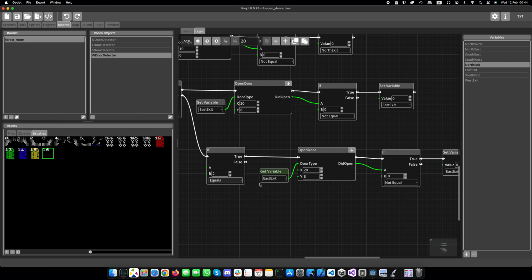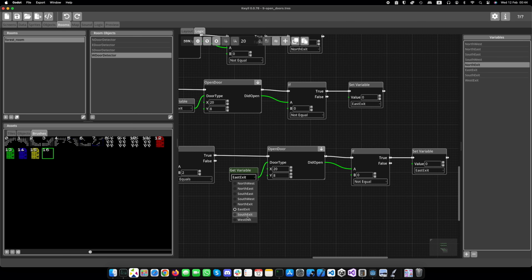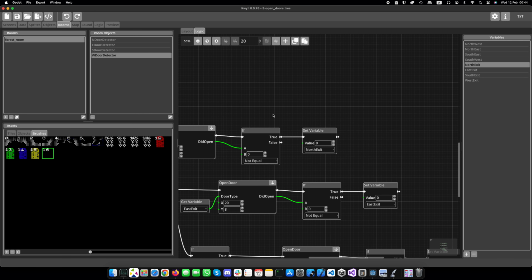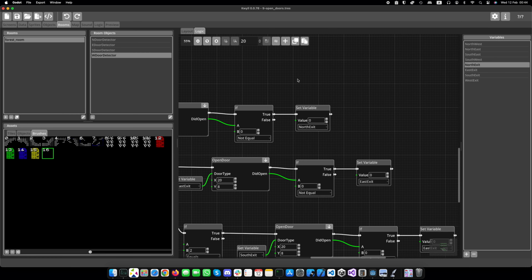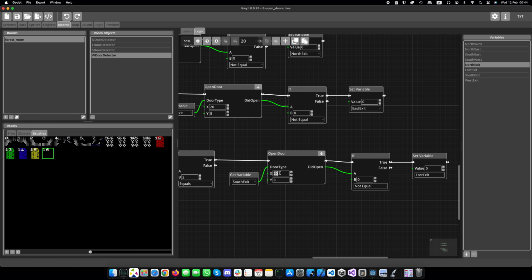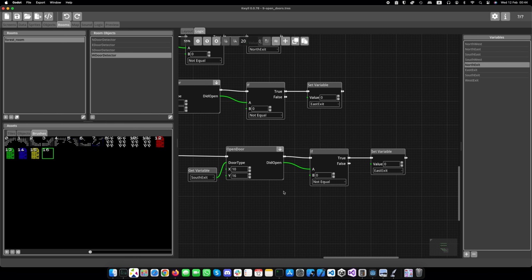So if it's type 2, which is south, then we want the south exit variable. The position is going to be 1016, so we'll update the inputs to the open door subgraph,